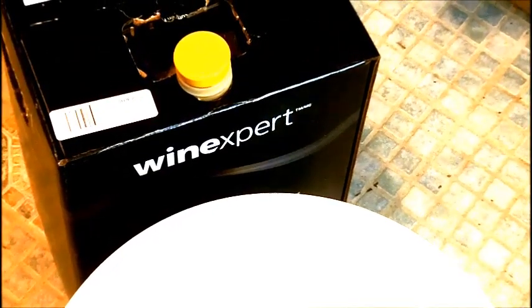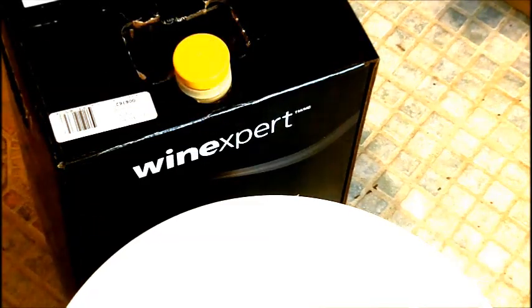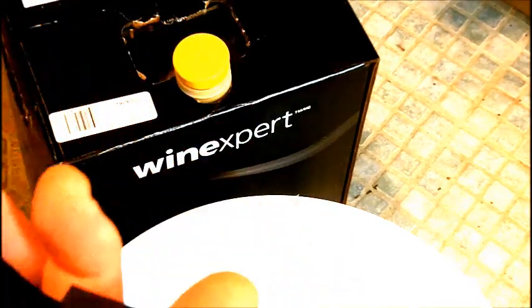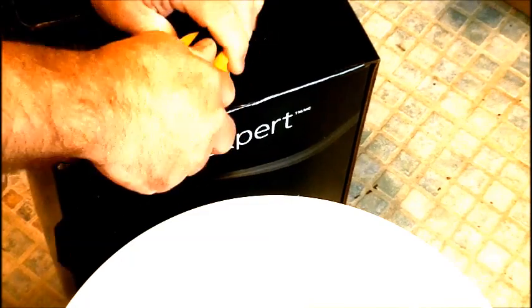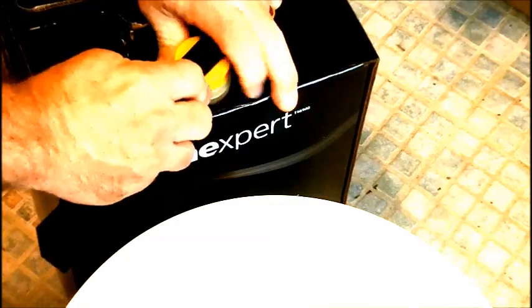Alright folks, with the Nocturnal kit, I'm going to remove this cap. I used the cutaway perforation on the Winexpert kit to put that spout through it, so that this way it's easier to pick up and handle. I got my cap removal tool. You could use a pliers. I'm going to put that on. See, this tool doesn't work that great. I would just use pliers, but